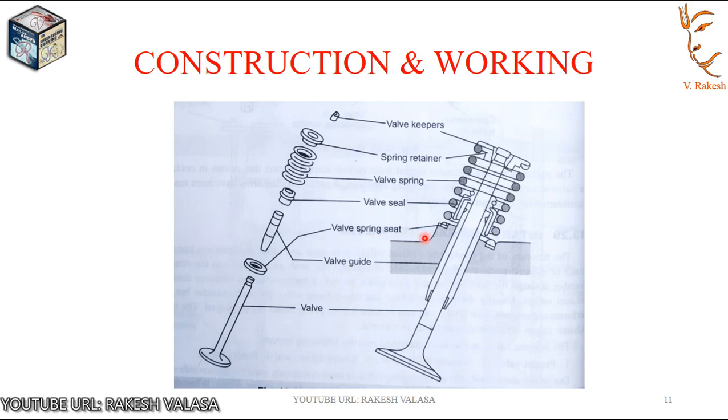The valve seat contacts the valve face in order that the combustion chamber may seal. A special steel valve seat ring is press fitted into the valve seat. The spring retainer, see here, this is the spring retainer, is secured in place at the top of the valve stem